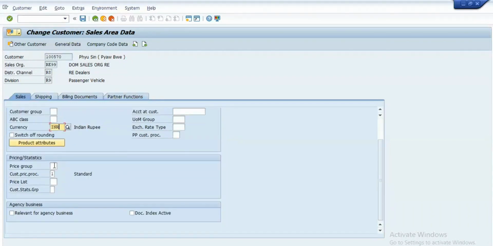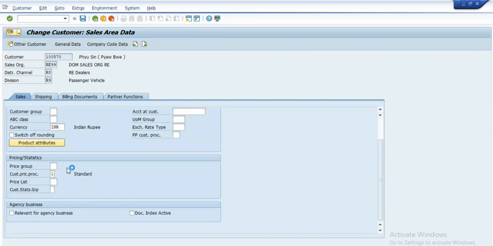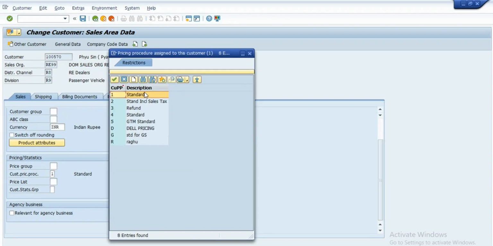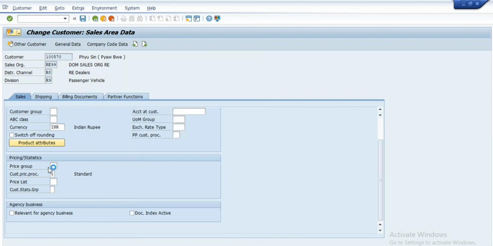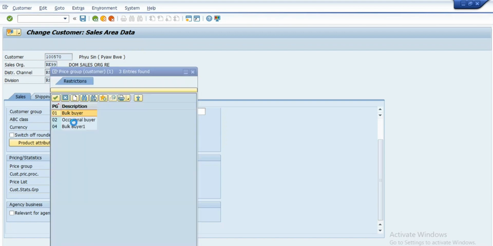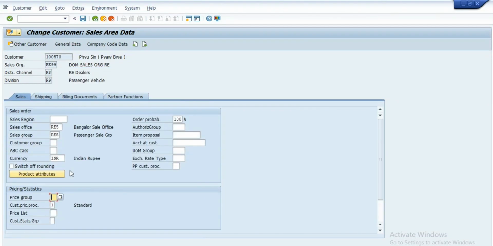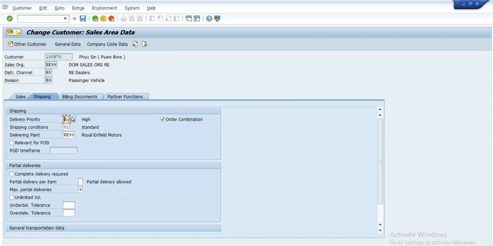And the pricing group and the pricing procedure, the customer pricing procedure, will help while doing the accounting entries. After releasing the invoice into the accounting, it will be useful. That is, while using the standard we can determine the GLs. And the pricing group, whether it is 01 or like that, we need to mention, that is a bulk buyer, an occasional buyer, like that we can segregate the things. And the next will be the shipping. In that shipping point, the delivery priority for any of the customer or for this particular